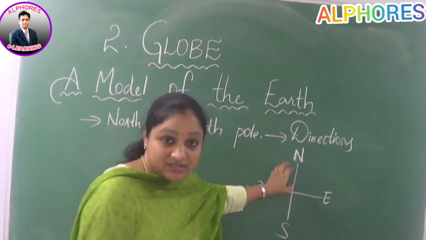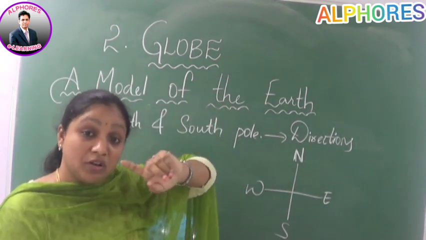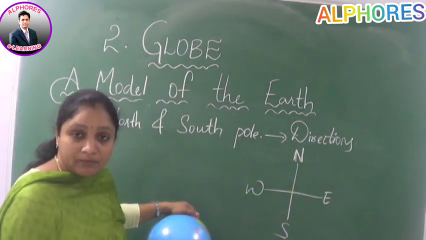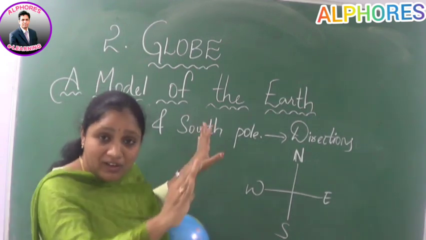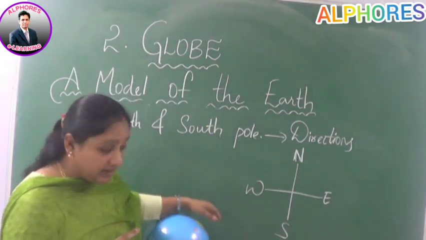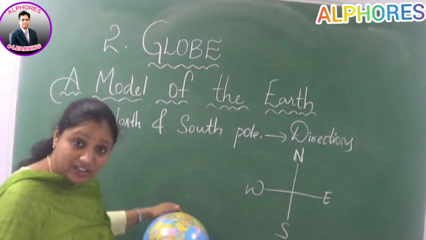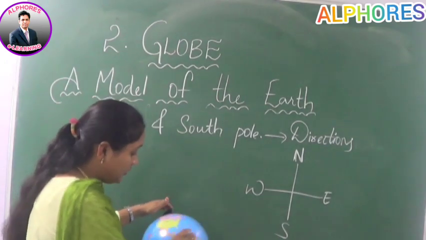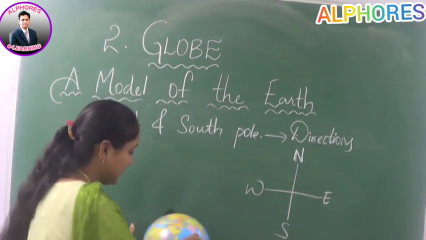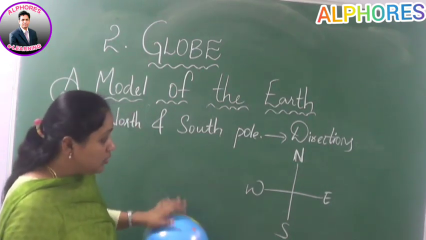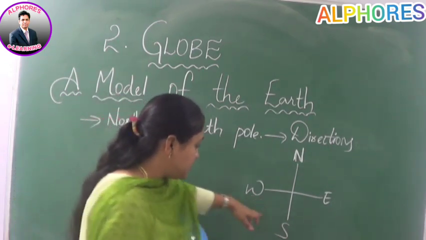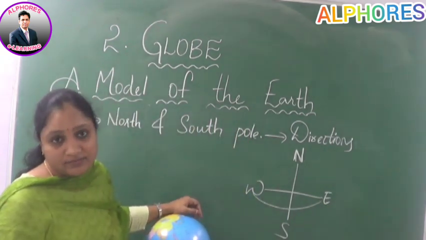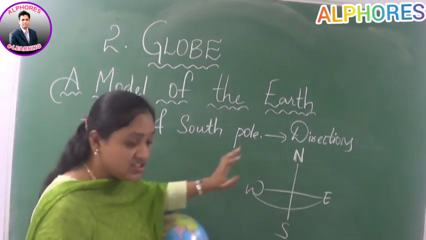So in this way we can know the directions on the globe, the surface of the earth. The directions on the globe will be different from the directions on the map, because there, as it is flat, we can see everything, but the globe is the true shape of the earth. What we have to do is revolve it, make a circle, a round, right? So when we do it, we have to go from west to east, not east to west. In this way these directions help us.